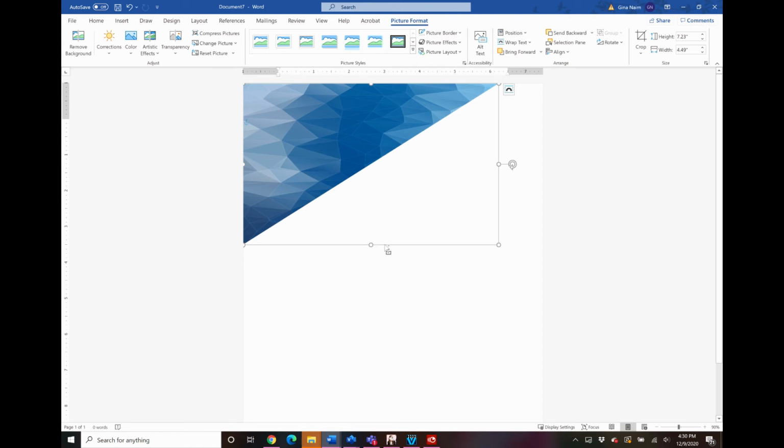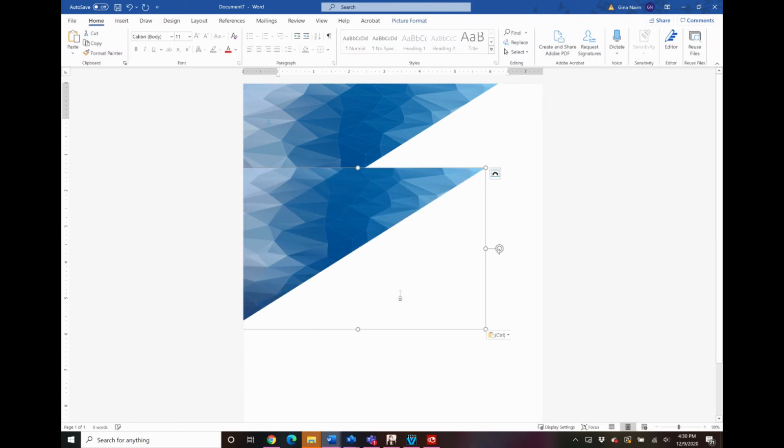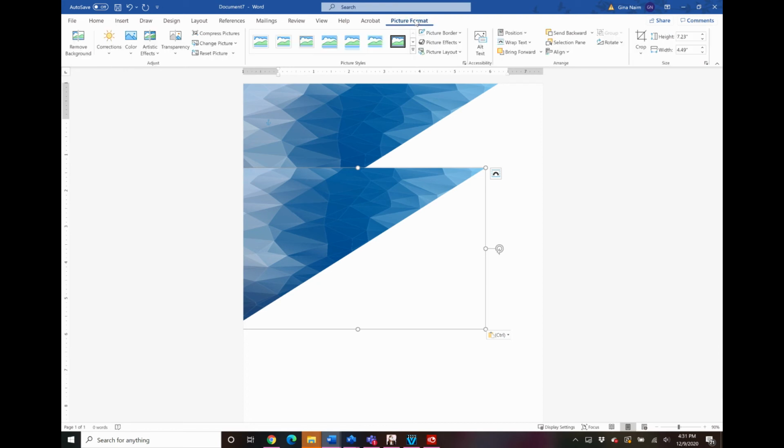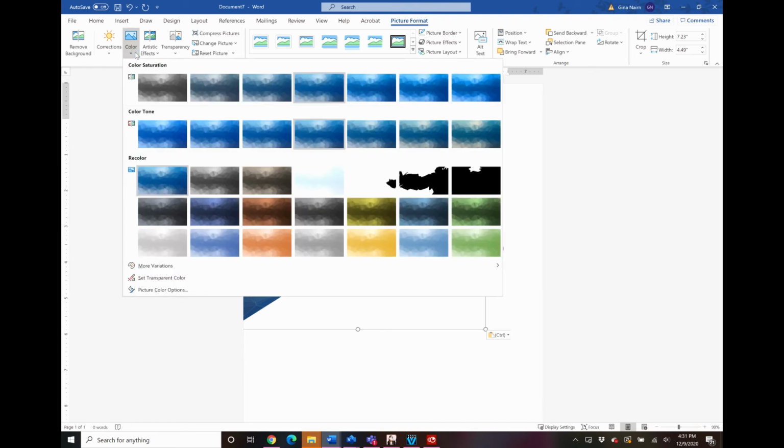Now let's copy, click off of the graphic and paste. And now let's use another tool that Microsoft has built in, which is great for vector type drawings especially. It does a really good job with recoloring. We are going to go to Picture Format, Color, and Word gives you a number of choices. You can also look for more variations in color if you have a specific color that you're going after. I'd like to do this one in blue and gold, so I'm going to pick this cool gold accent.